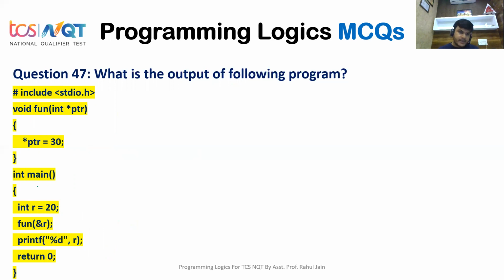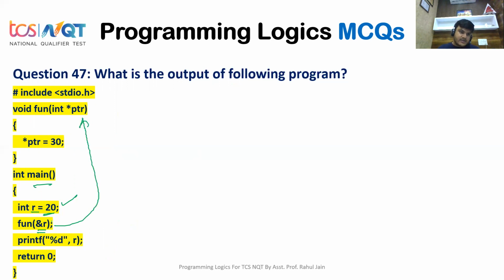How? See here, int main, int r equals to 20. Now here the integer variable r is declared as 20. Now the function is called with the address of r. So this function receives the address of r, and at the address of r it is changing the value.